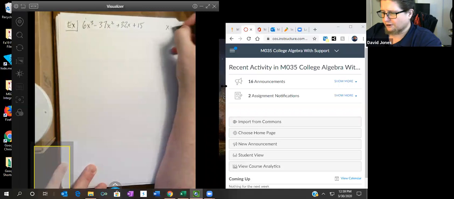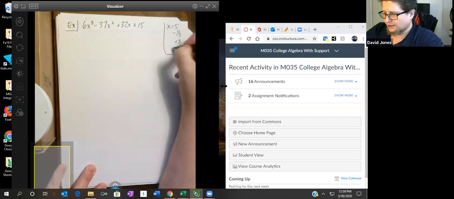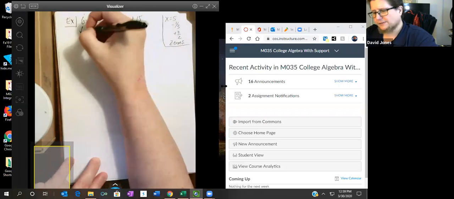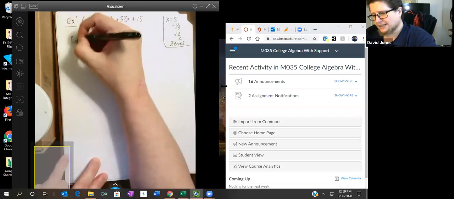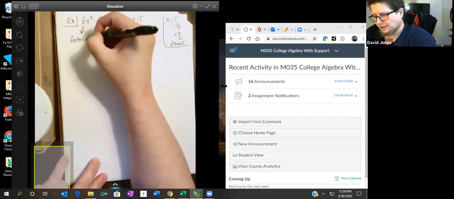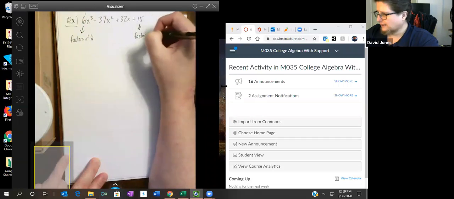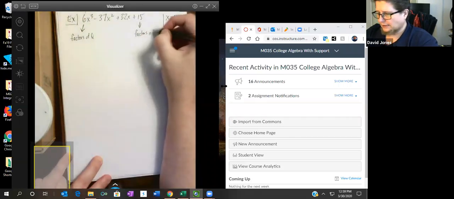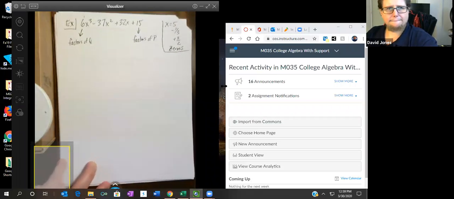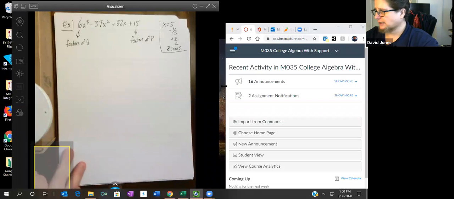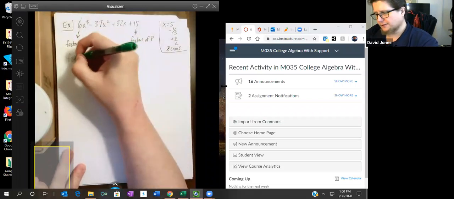We already know the zeros: 5, -1/3, and 3/2. Those were our zeros. This 6 has the factors of Q. 15 has factors of P, sorry. So we're going to factor 6 in as many ways as possible and write down all the combinations. So factors of Q,